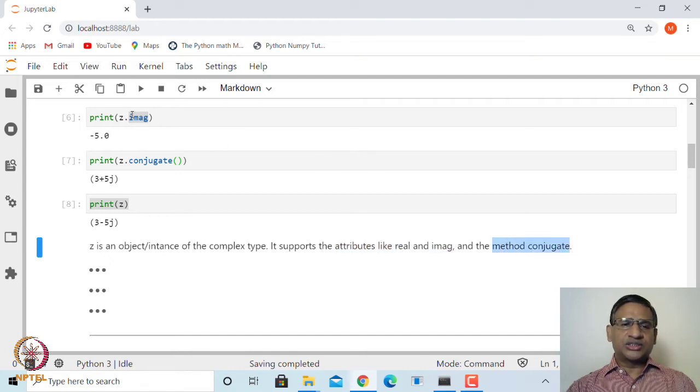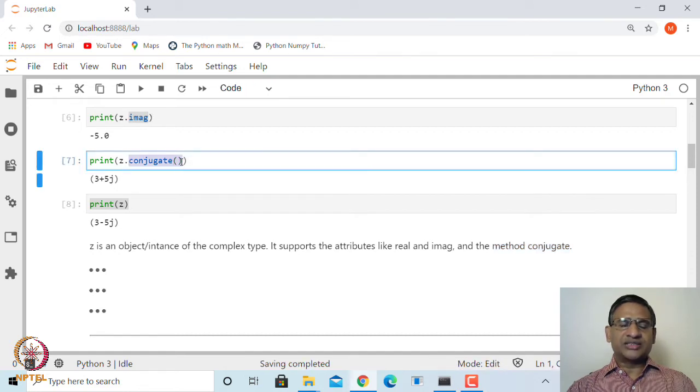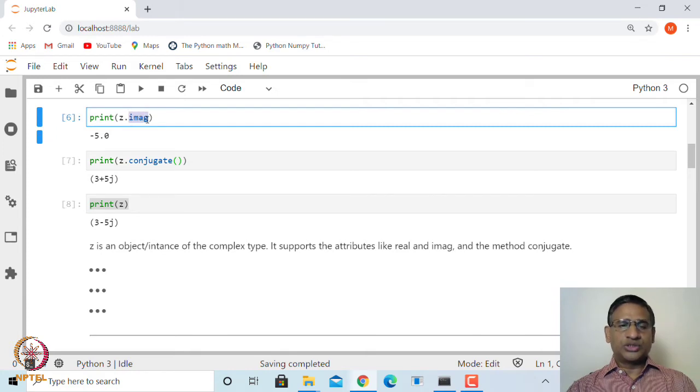You can notice that when we say Z dot imag, there is no empty round bracket, whereas Z dot conjugate ends with empty round brackets. That is because conjugate is a method, whereas imag is just an attribute of this class. We will see more details on this.